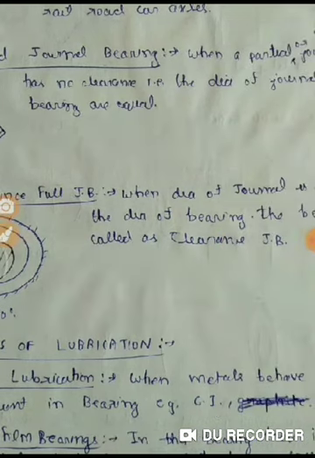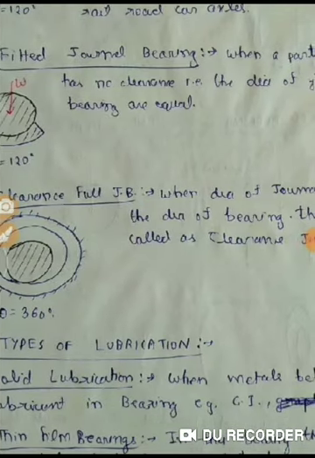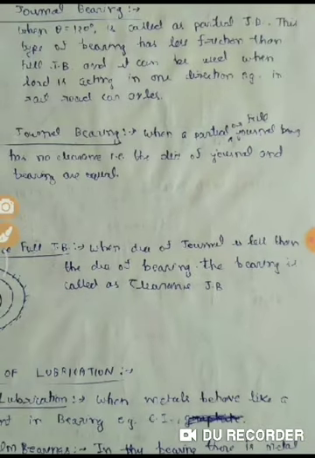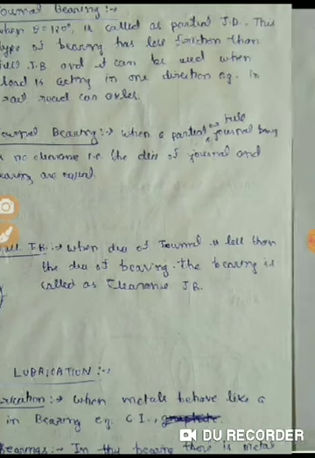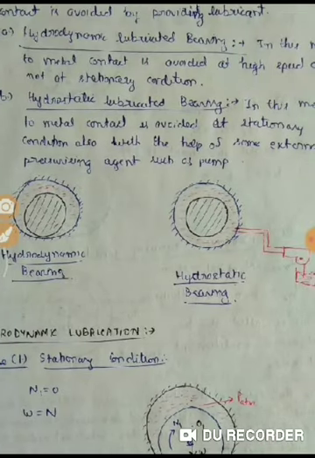Okay. Next is the thin film bearings. In this bearing there is metal to metal contact present at any speed. That means the lubrication film is present, but it is very thin, so metal to metal contact will be present at any speed. Next is thick film lubrication. These are further classified into two types that you already know: hydrodynamic lubrication and hydrostatic lubrication. In this, metal to metal contact is avoided at different speeds.